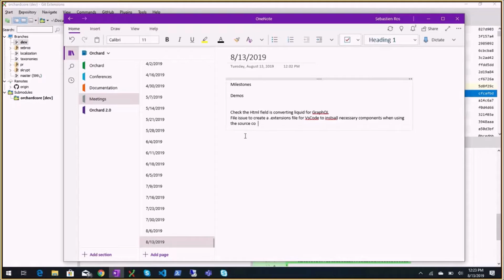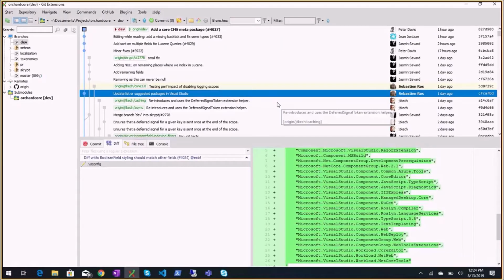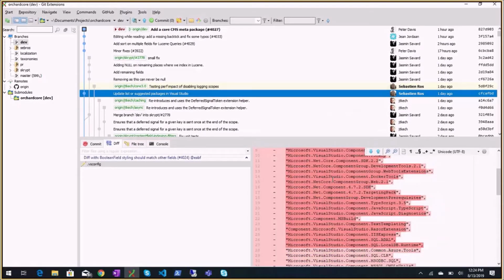The idea is the same thing as this change here. When you open Orchard Core in VS Code, it will suggest some extensions that you will need to build or develop on Orchard Core. For example, OmniSharp to build it, and Razor extensions, things like this.